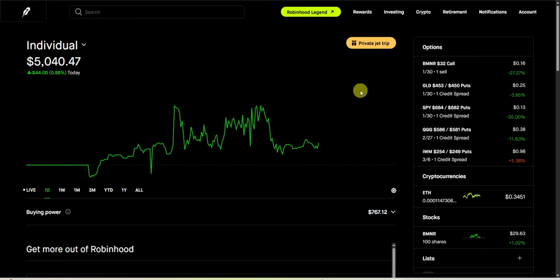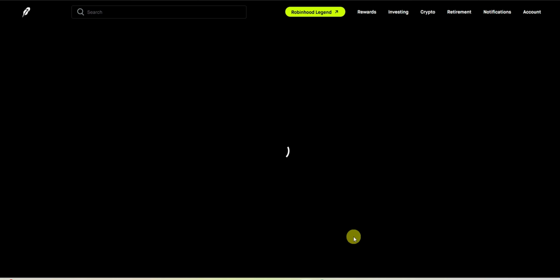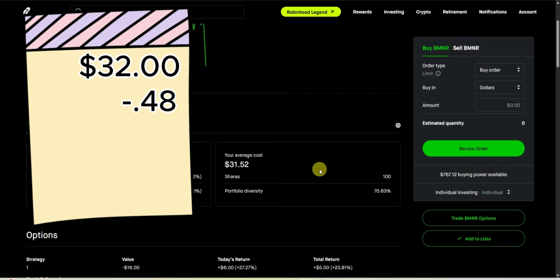The reason that I'm saying Robinhood is wrong is if you go down and look at my shares of BMNR and click on it, it shows my average cost at $31.52. And that's not correct for my average cost. The reason it says that is because when I acquired these shares at $32, I had a 0.48 put. If you subtract the 0.48 put from the $32, you get